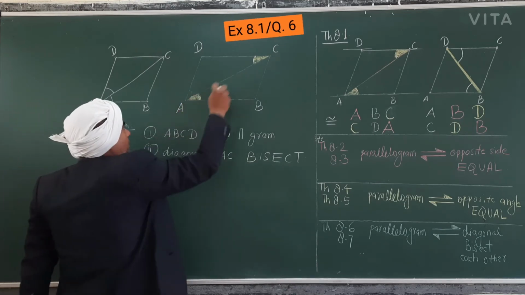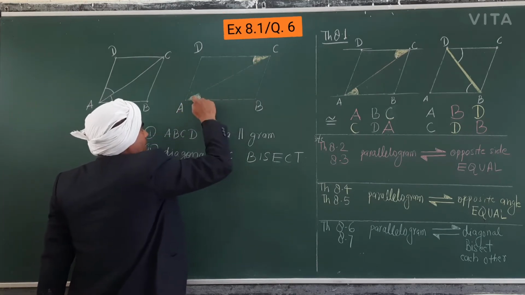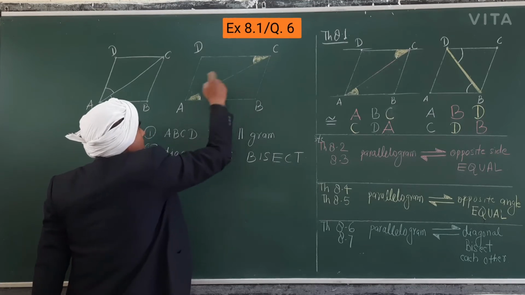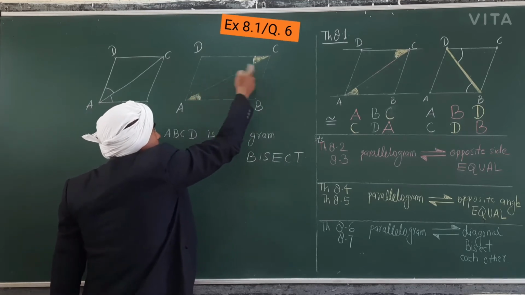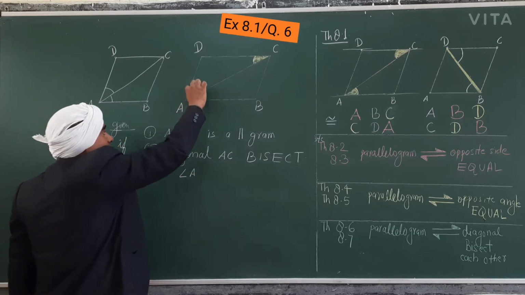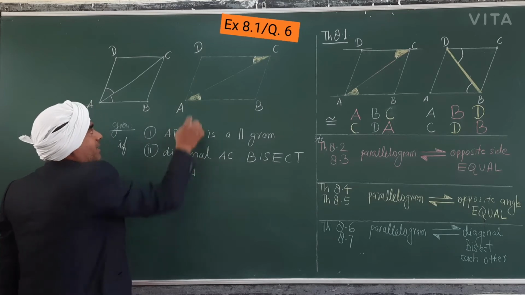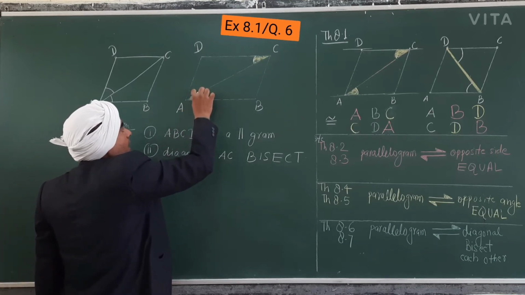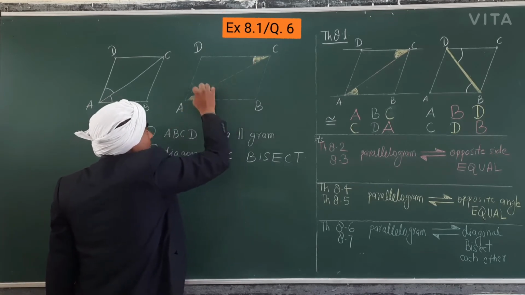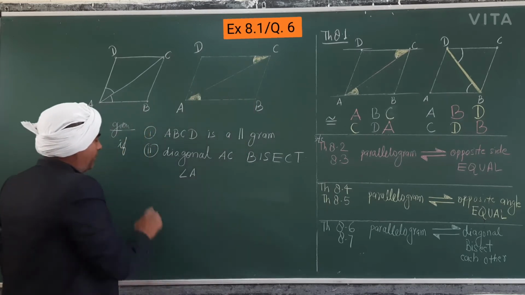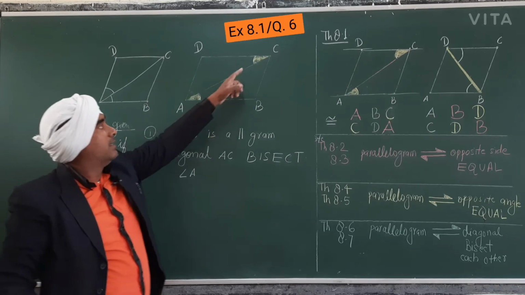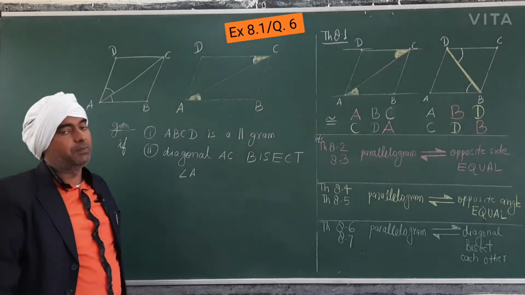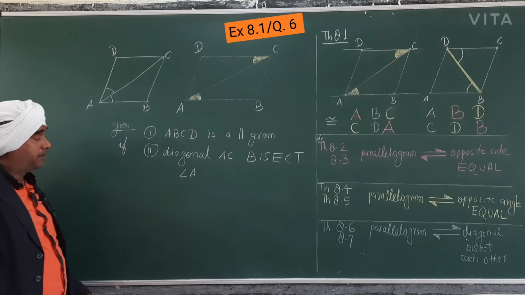In the parallelogram, this angle is equal to this angle A, vertically opposite. Similarly, this angle is equal to this through the parallelogram. But if this is bisecting angle A, meaning this is equal to this, and A equals C, so all this bisecting now will be equal. That was the first proof: if angle A is bisected, prove the angle C is also bisected. Okay, I will prove it now.